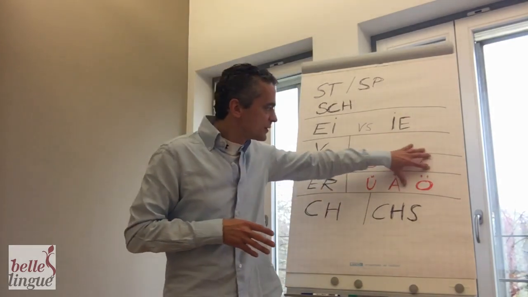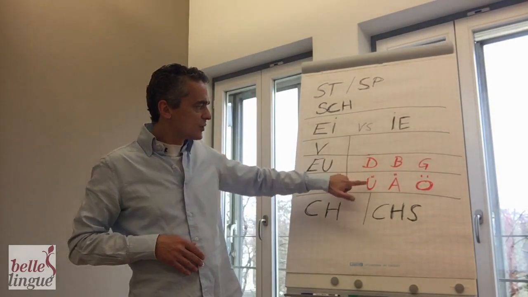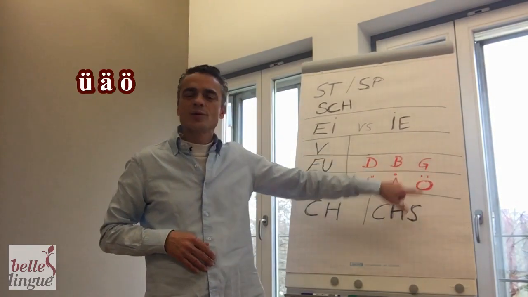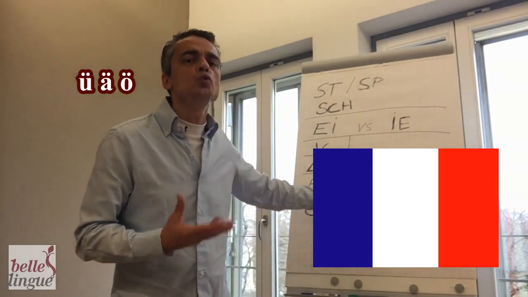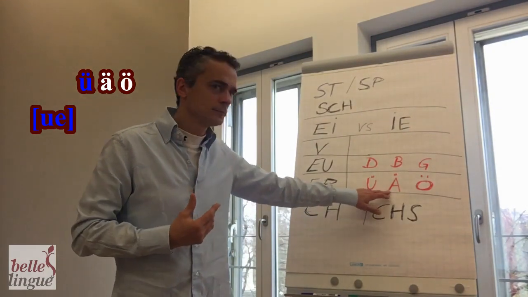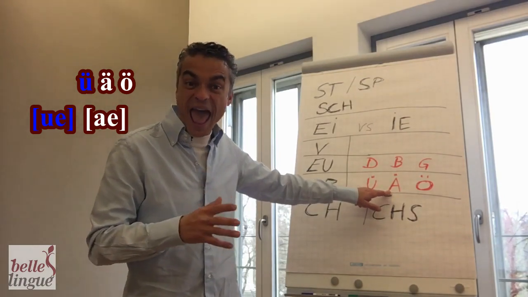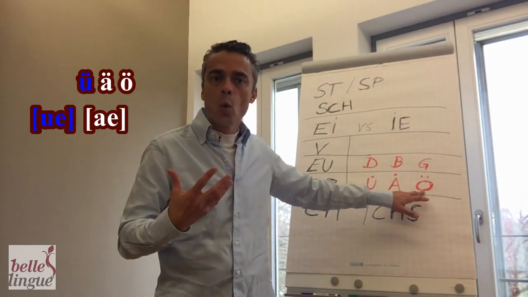Okay, what about these? The last one, the red one. Just for you, the U, A and O with the two points. Then you have what I call the French pronunciation. It's the Ü, so it's like through the nose. Ü. This is not A. And this is no O. Look, Ö.